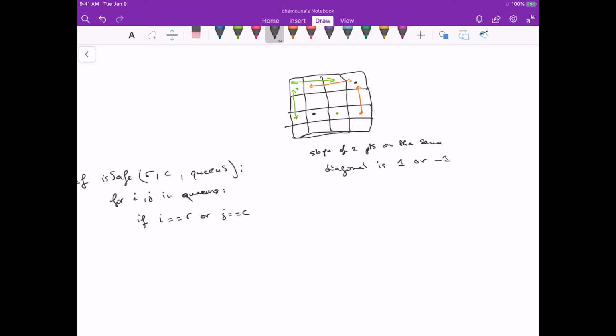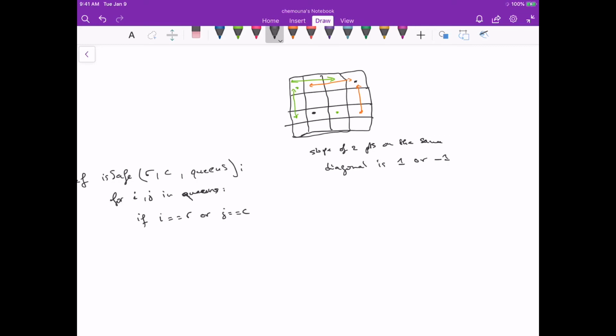It's -1 if the diagonal is in this direction, it has a positive slope. So it's -1 if it's this way. If it's a diagonal in this direction instead, the slope would be 1. And so all we need to do is check that the slope is either 1 or -1, which means that